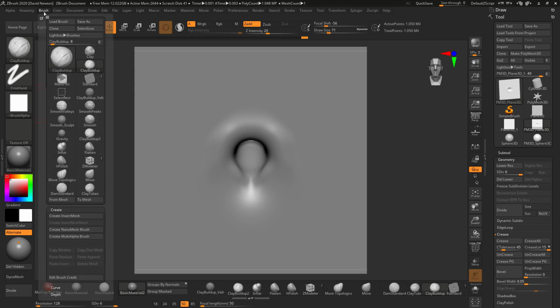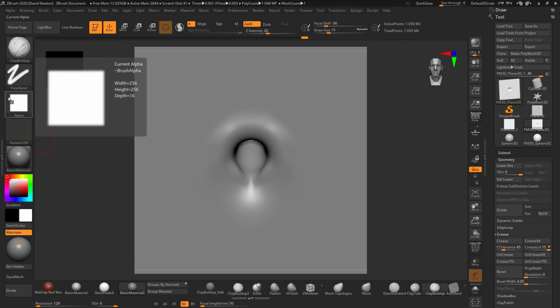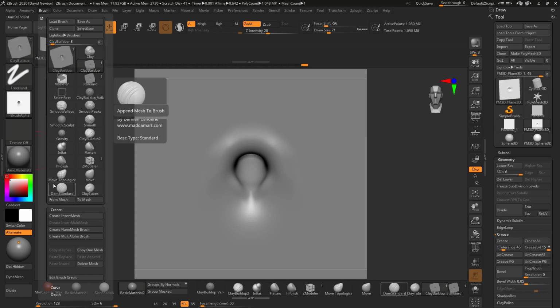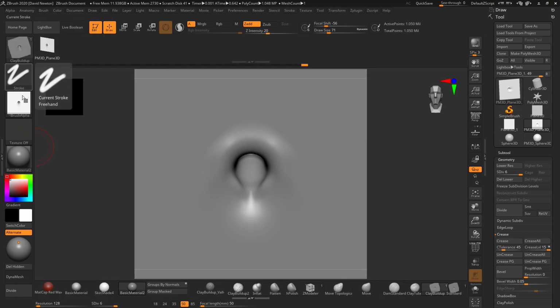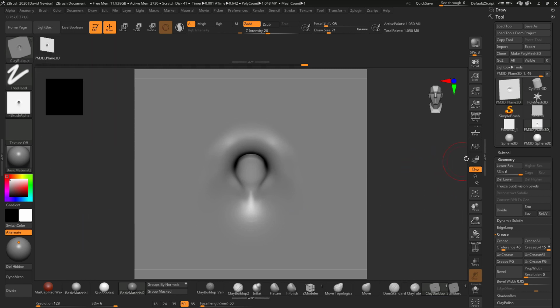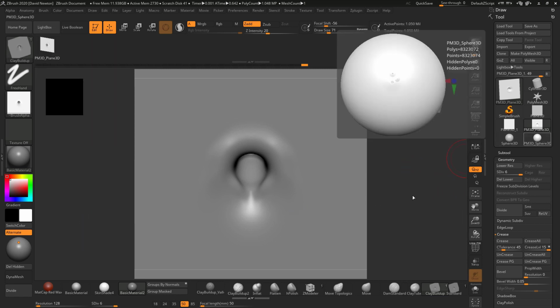So I'm going to go into brush down here and hit From Mesh. Now what it's going to do is create a vector displacement brush with an alpha, and it's going to come up here. Notice all the alphas have got nothing by them. It's going to come up here with 3D. So I'm going to click From Mesh, and this is what we've got. So it's created this. Now if I go back to our sphere,